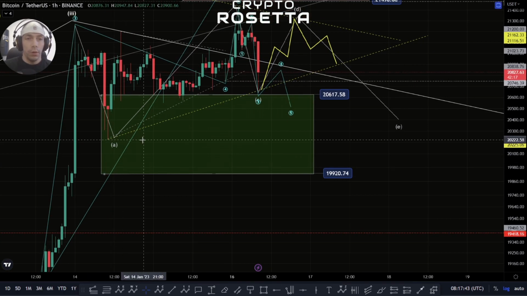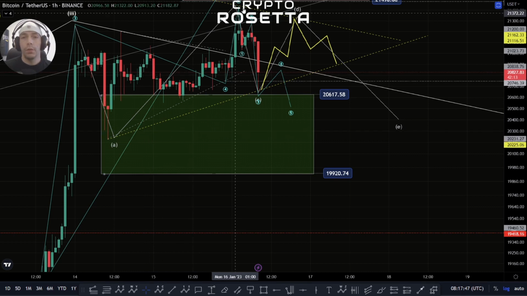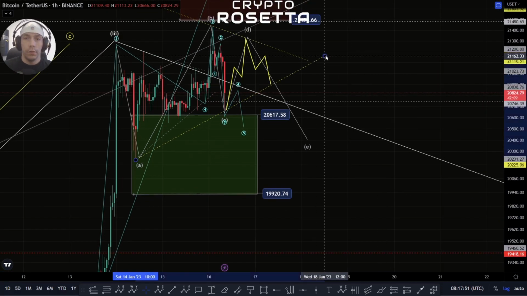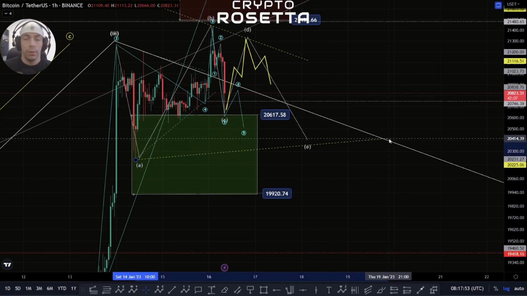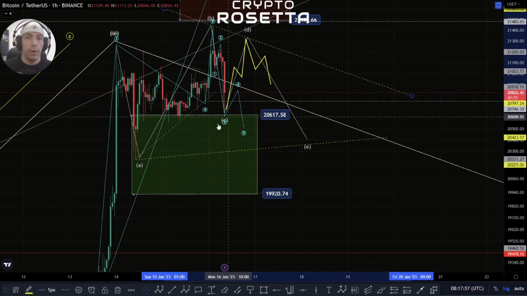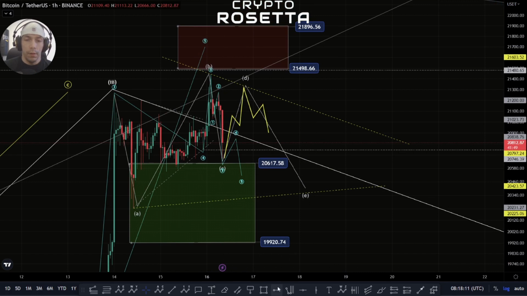Like I said, if we hold this A wave low here, then it's possible that we could still develop within a bigger triangle here. So these lines could come sideways a bit like this, and then we could form a triangle like this. However, we would only get confirmation on that D wave touch point. So either if we fail to complete a 5-wave move here, we can still count this as an ABC to the downside. So then we could be looking at an A, B, C, D, but then this is only valid